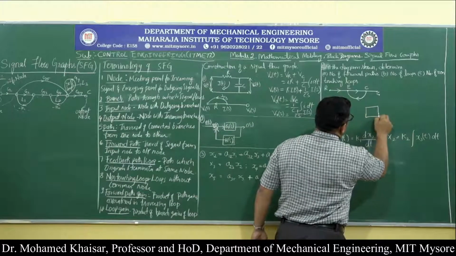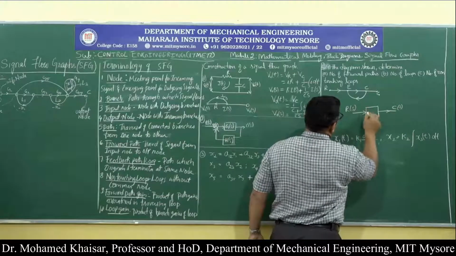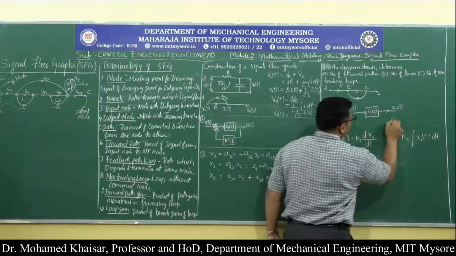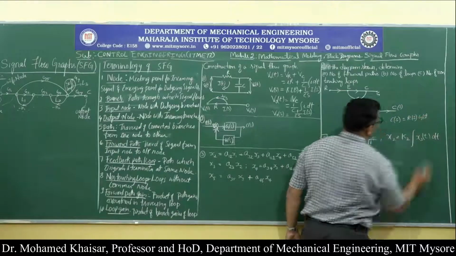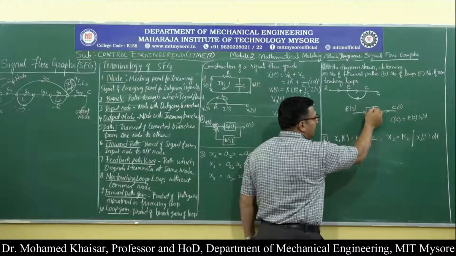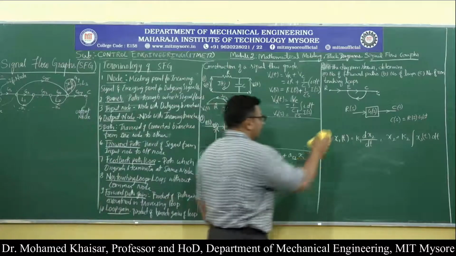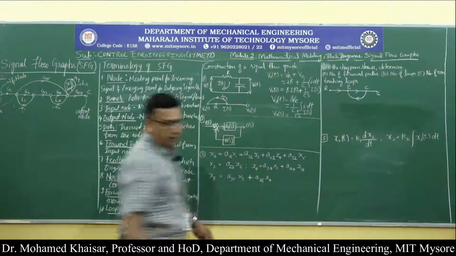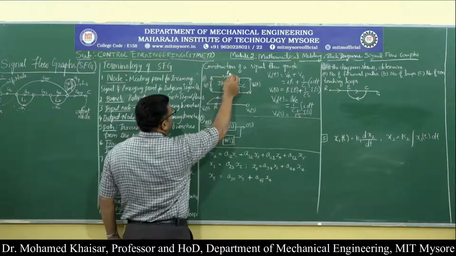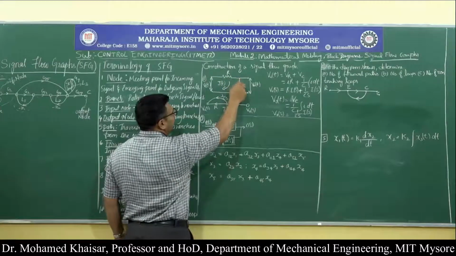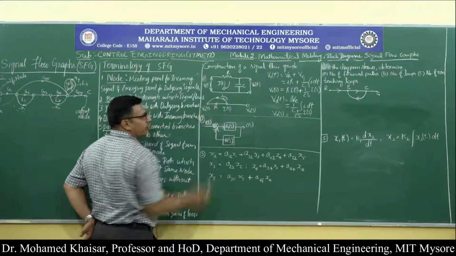if this is the block, and this is Cs and this is Rs, and if this is Gs, then Cs will be equal to Rs into Gs. Why? Because input multiplied by the content of the block will give you the output. In a similar fashion, here also, the voltage across the input is equal to the voltage across the resistance plus the voltage across the capacitance. So if you have to add, obviously the direction of the arrow has to be towards Vi of S.